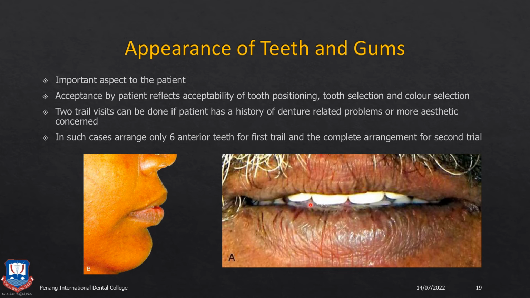Then you have to check for the incisal visibility in the case of the upper denture. In older individuals, usually there will be only about 0.5 to 1 mm of incisal display of the upper anterior teeth. In some cases, there will be no display of the upper anterior teeth. Instead, you will have a display of 1 to 2 mm of the lower anterior teeth. This is because of the loss of support of the musculature and the sagging of the facial muscles and the fascia of the face. Whereas in younger patients, say patients in their 40s who come seeking denture treatment, you should have at least 3 to 4 mm of incisal visibility.